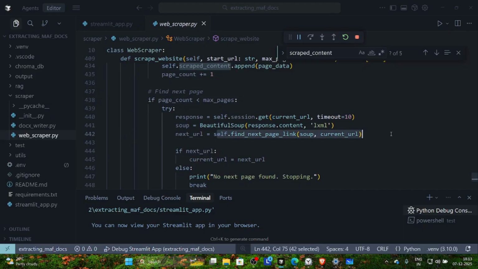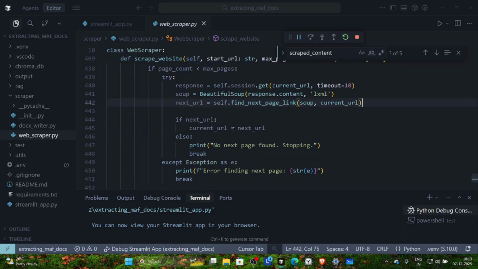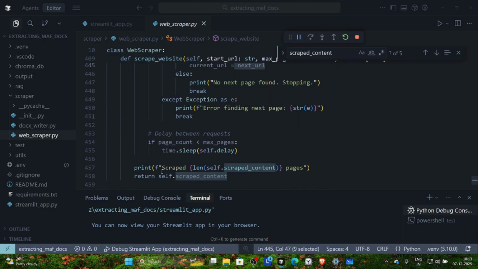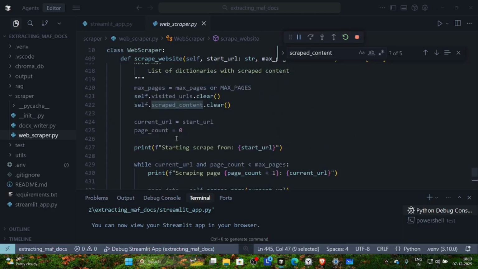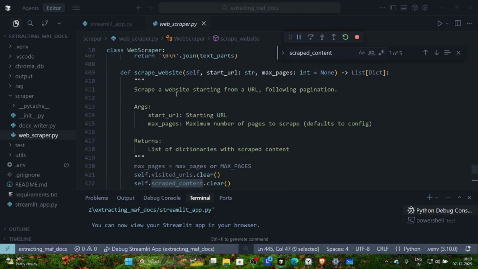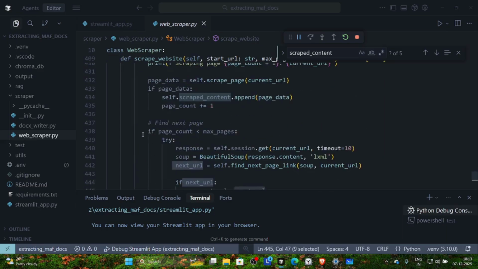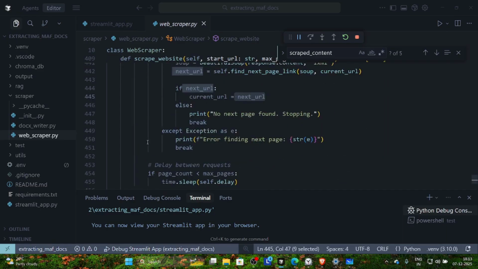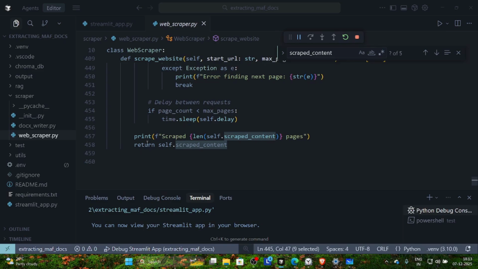So here we get our next URL. We set our next URL as the current URL, and this function call would start again until the 10 is completed. We have set some delays as sleep time here. We have set these configurations in our